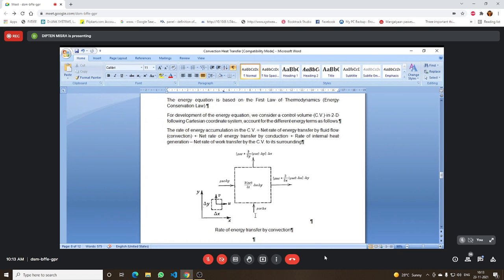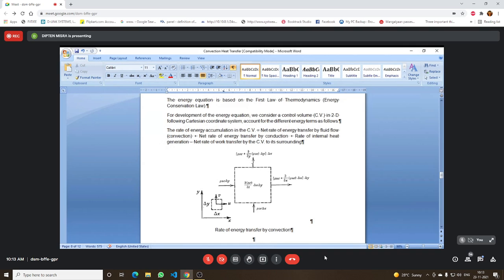And similarly, the energy which is entering through the bottom face, what is the area of this bottom face? That is equal to delta x into 1, where 1 is the depth of that control volume, which we have not shown. Through that, a volume flow rate is happening. And what is the volume flow rate? It is v into area, that is delta x into 1. And if you multiply that with the density, you get the mass flow rate. Along with the mass flow rate, again the energy which is entering is that mass flow rate into the specific energy e.